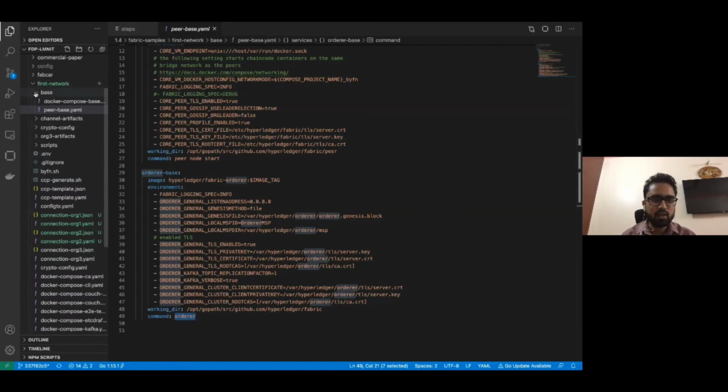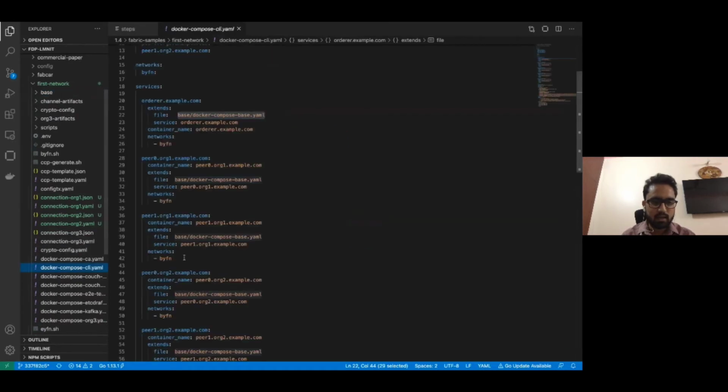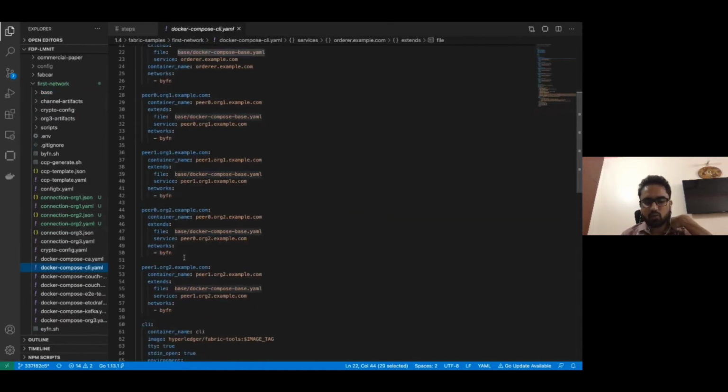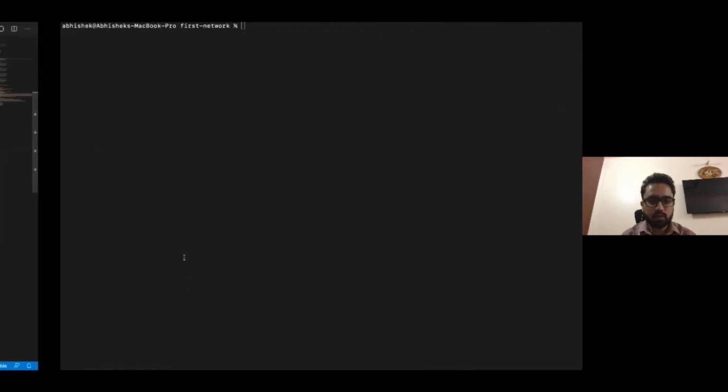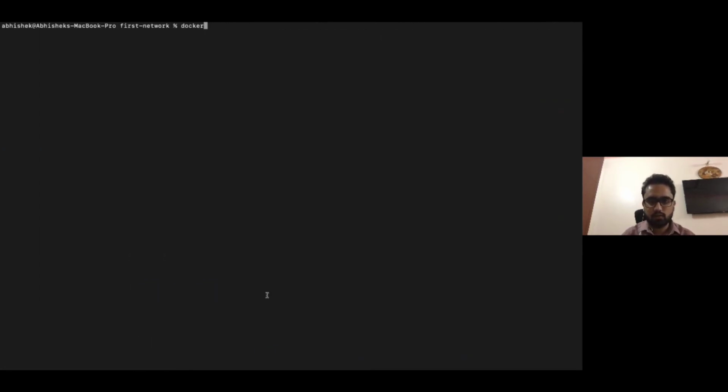So this is actually our Docker Compose CLI file that we are going to use to create a network. For that, we are going to use docker-compose. We have to pass the file name, that is cli.yaml, and up is used to spin up all the containers that are defined in this YAML file, and -d is for detached mode.